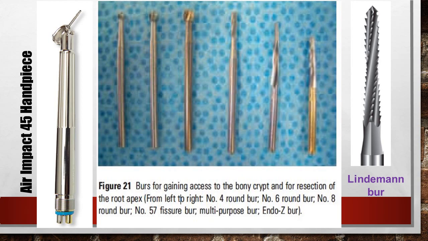These are the burrs which are to be used for resecting the root tip and for drilling into the bone. As you can see, they're all tungsten carbide burrs, so the cutting efficiency is much higher. You have to keep in mind that since you're using tungsten carbide burrs, they do dull faster as well. If you have a roaring practice with a lot of surgeries to be done, you may have to replace them often.